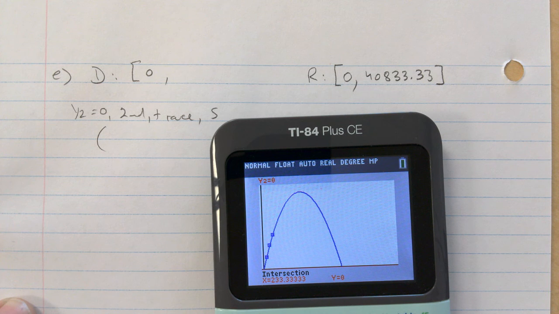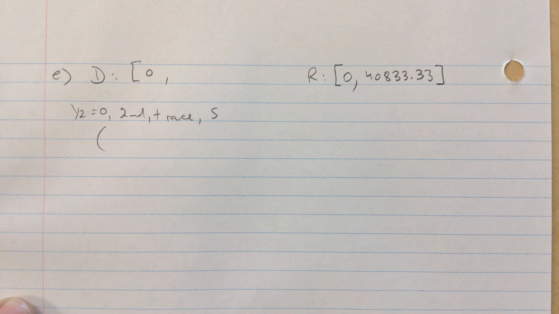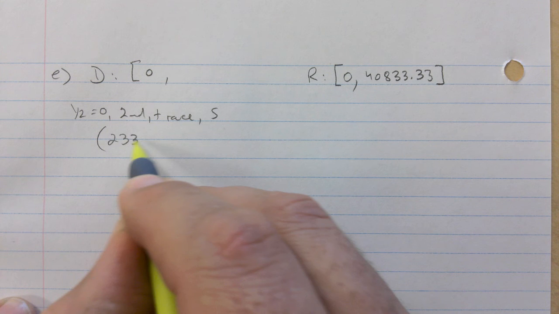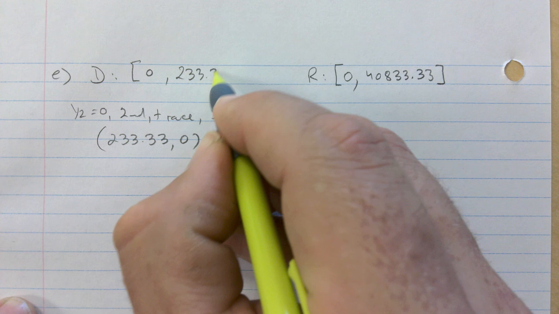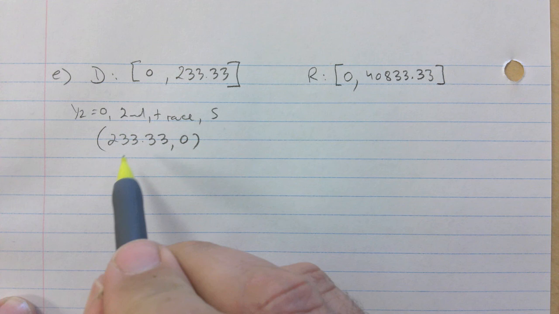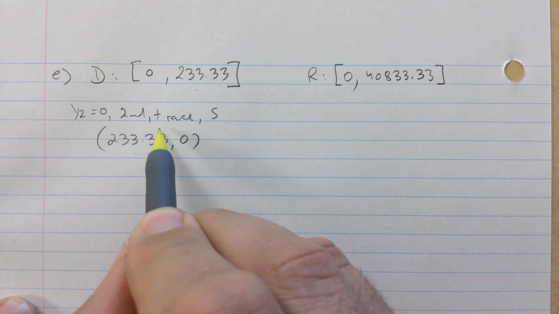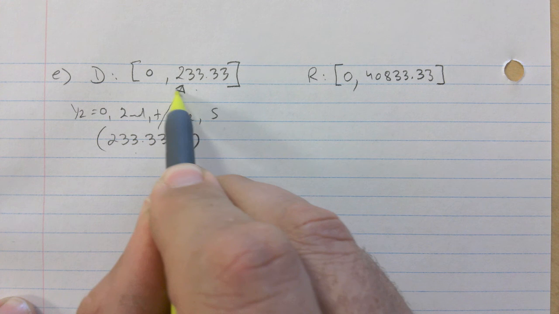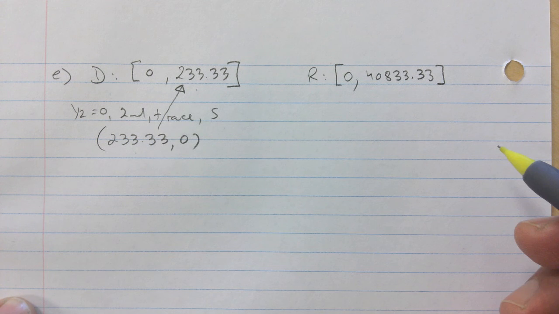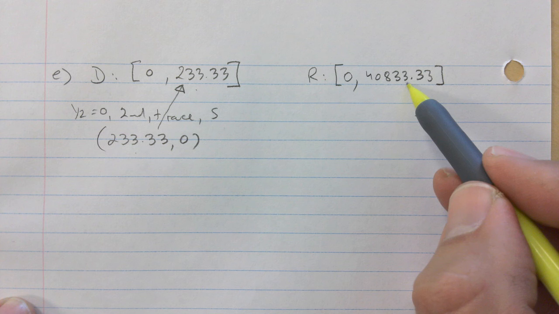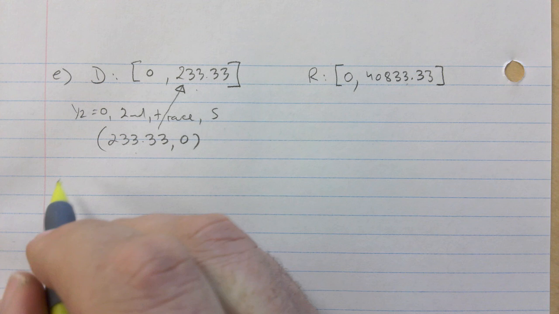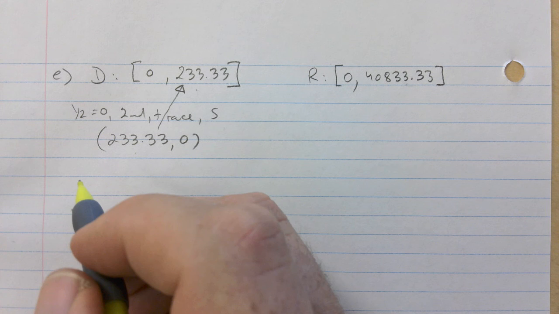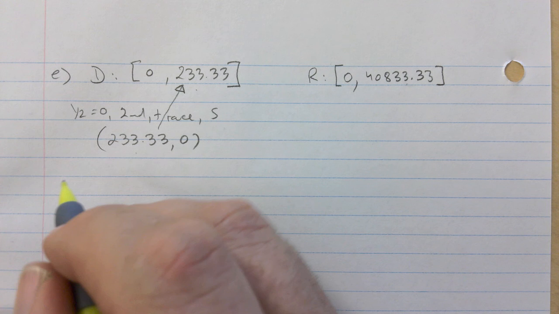$233.33. Right? You need this to do that. Okay. This you get from your vertex. F, right? Graph? No, F is an interesting one. F is the